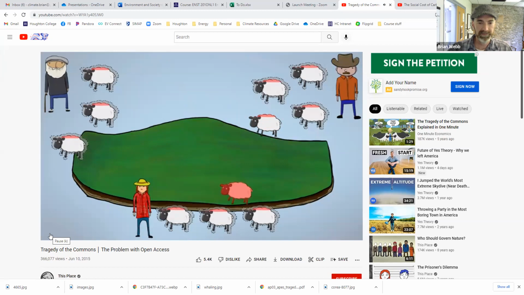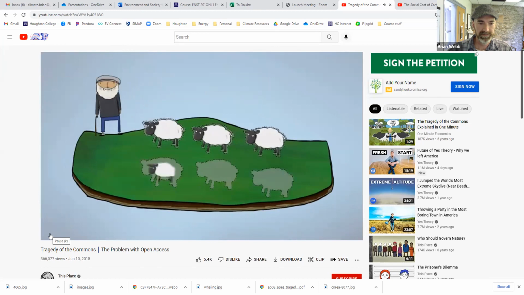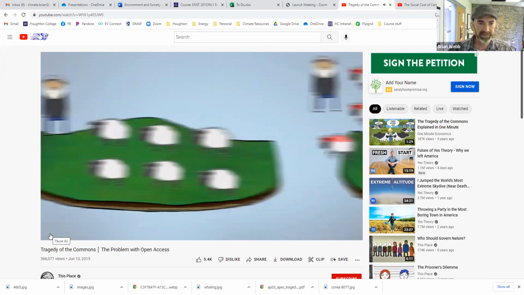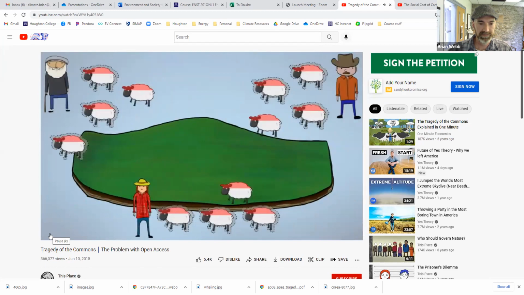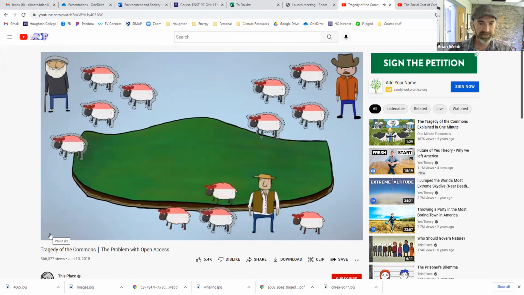But each herdsman acts under these incentives and will keep adding animals to their herd or let their animals graze longer, so long as it's profitable to themselves. But really, they're all losing out, kind of like the prisoner's dilemma. Contrast this to a situation where only one person owns it. If they add an extra animal, they're only hurting themselves, so they don't do it. Since new people can't be excluded from the field, there's almost no point in boycotting the use because someone else could just come in. None of the herdsmen own the field, and they can see that the field may not be around forever. They see no point in conservation and just try to use it before someone else does.